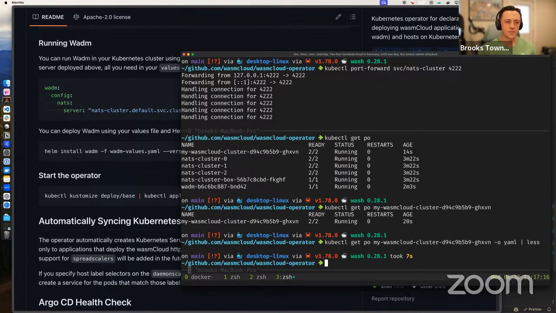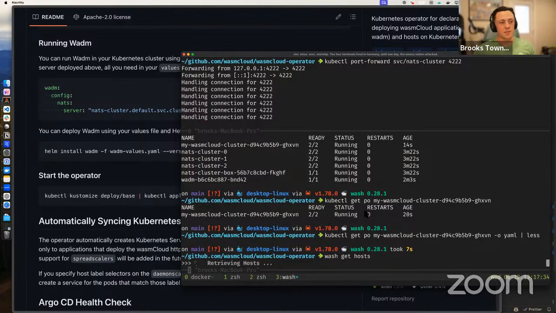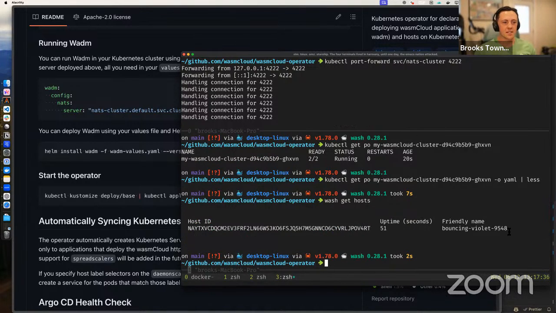And that is done so that these two containers can talk to each other, but the leaf node extends the NATS cluster, so everything essentially stays locally without going up to the NATS cluster. And this is a great example of how you'd want it to get set up if you were deploying outside of Kubernetes. So from here, I can do something like wash get hosts, and we can see that we are